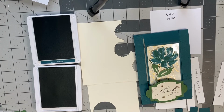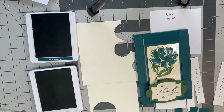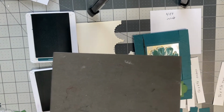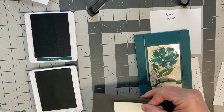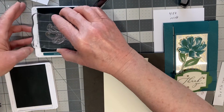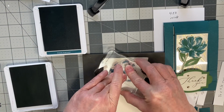So I'm going to be taking the Pretty Peacock color first, and with the Pretty Peacock, I am going to stamp the flower first, and then I'm going to be taking the Garden Green. Behind it, we have the clear stamps here, so I need to use this mat behind what I stamp, and that will help with getting a good stamp. There we go. So I'm going to do the Pretty Peacock, and you'll see this has a painted effect to it, which is really cool. So there's that stamp,